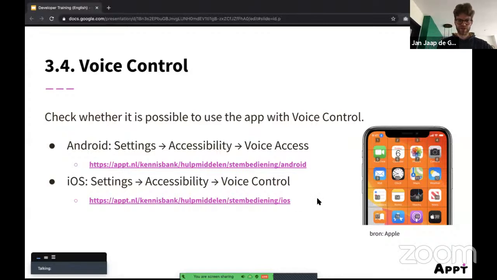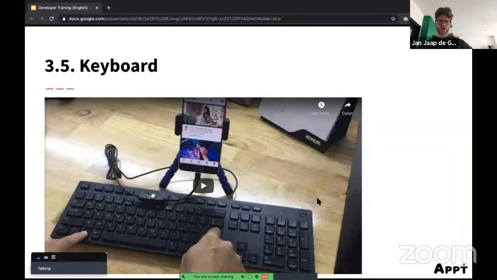And the last one, which is maybe not so obvious for mobile phones, is the keyboard. Why I show this is because there are guidelines now for apps, and I will tell more about legal afterwards. But one of the requirements is that an app should be accessible by using a keyboard. So I personally don't know a lot of people that use a keyboard to control their mobile phones, but some people do. So that's why it's important to also support keyboard navigation. So this video will give a short demonstration of how to navigate using just an external keyboard.